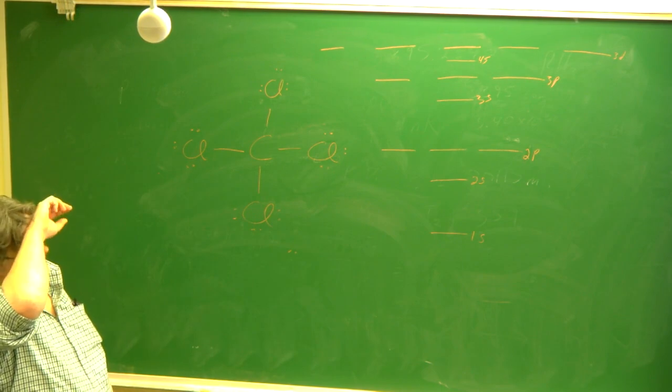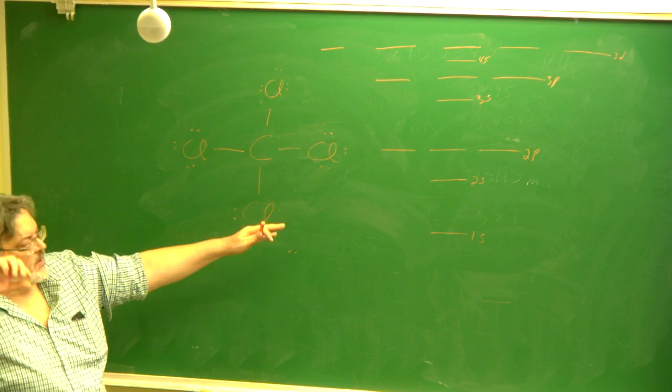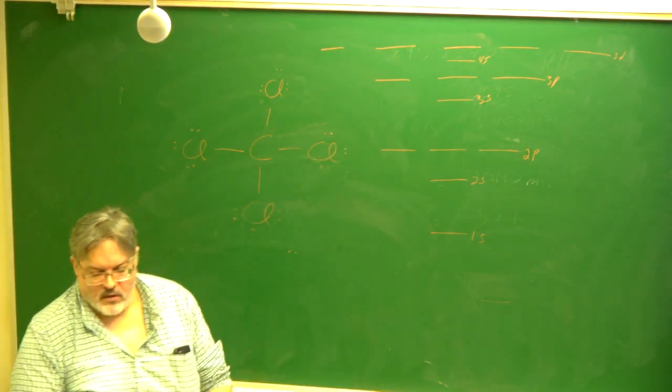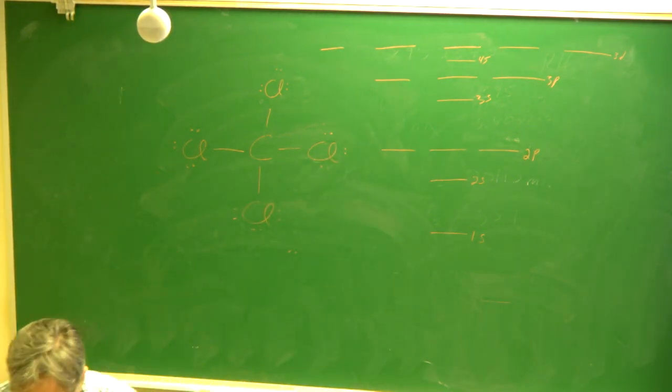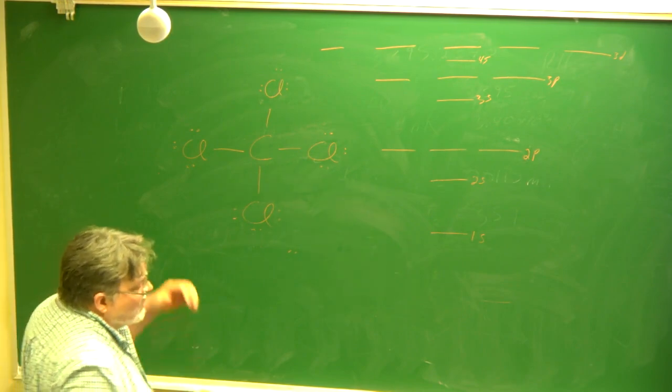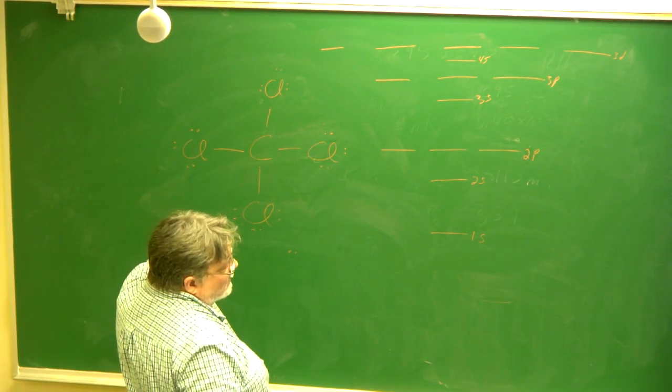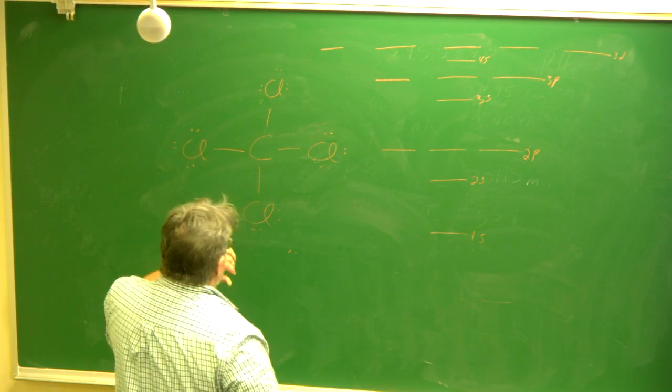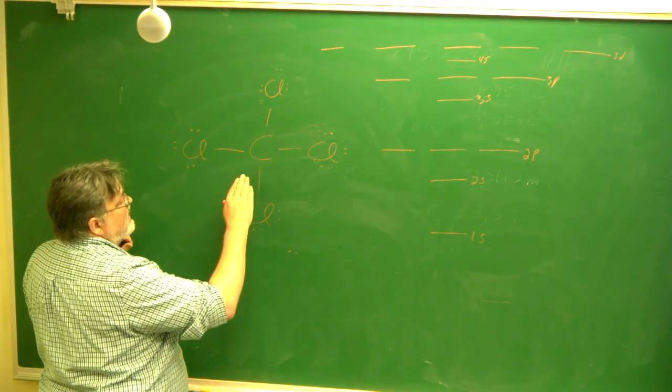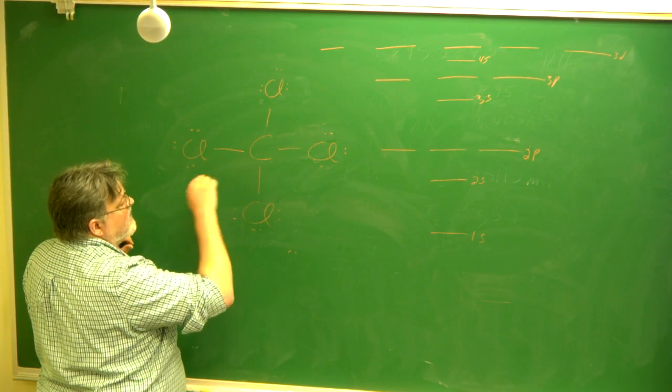Hybridized orbitals. So these are atomic orbitals that we were drawing before. They're for the neutral atom. When bonding takes place, you have,